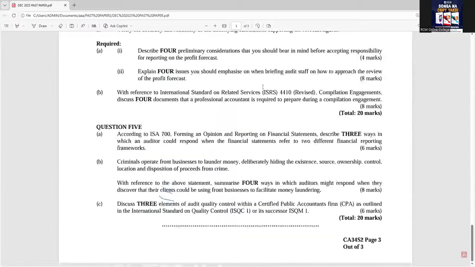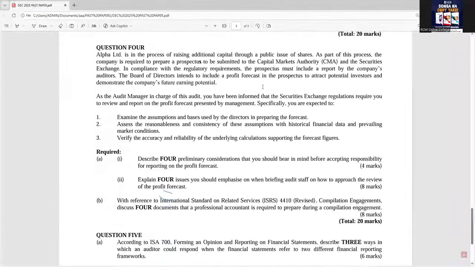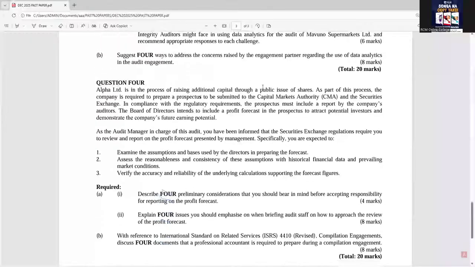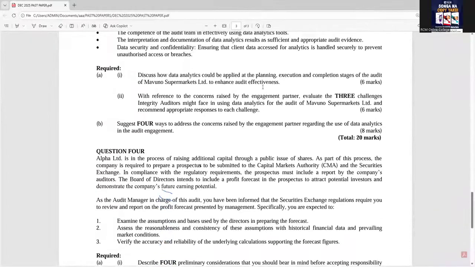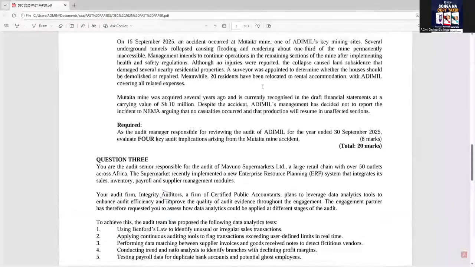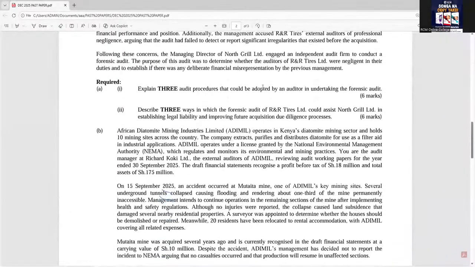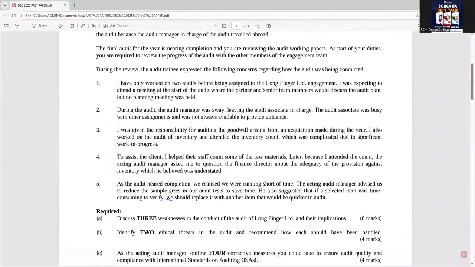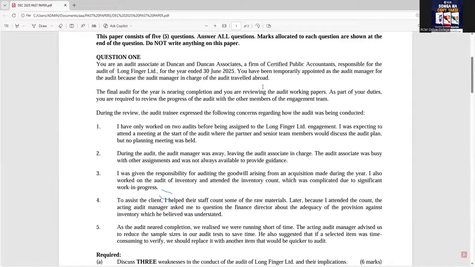You can see all the questions, apart from this question number 5, is where we didn't have a case study kind of question. But you can see all the others. Question 4, case study. Question 3, case study. Question 2, two case studies, so part A and part B. And of course, also question 1, purely a case study scenario that you've actually been given.